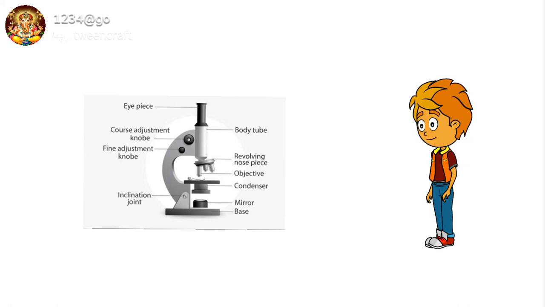Eyepiece or eye lens. Function: contains a lens to increase magnification. Second, body tube. Function: holds the nosepiece at the lower end and eyepiece at the upper end. Third, coarse adjustment knob. Function: can be moved up and down to focus the specimen. Fifth, nosepiece. Can be rotated to